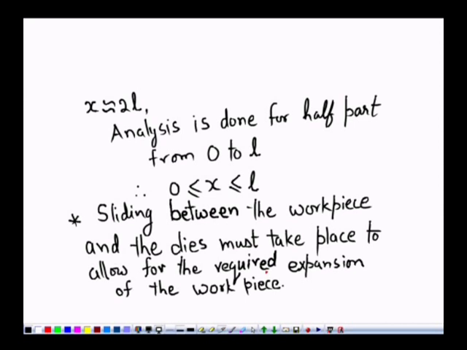Require expansion. And another thing is that this is taking place up to a certain x, and after that you can say that beyond a certain value x,